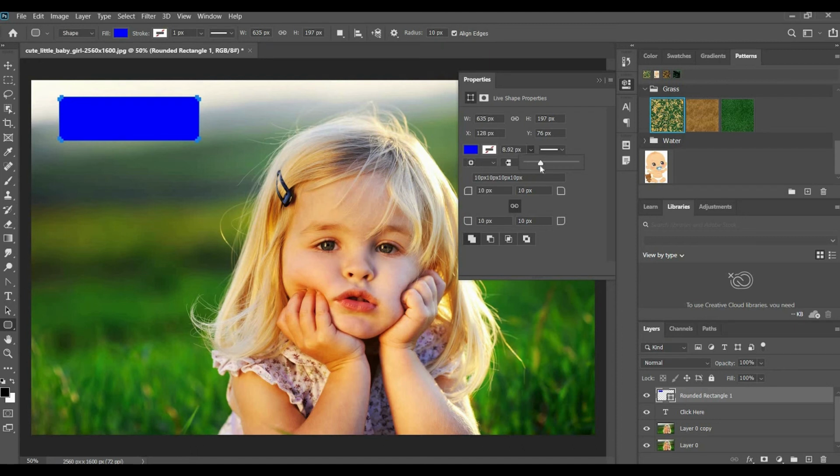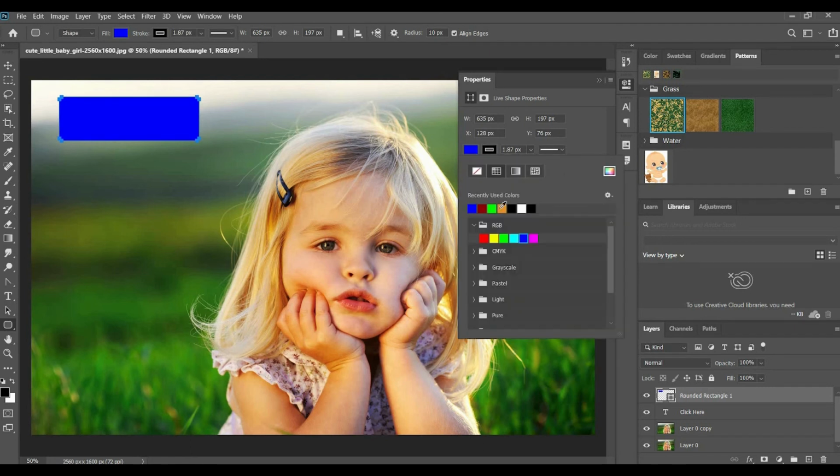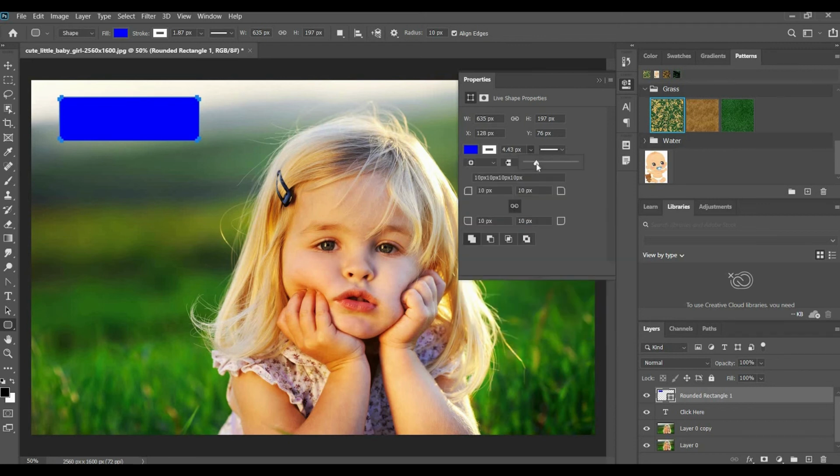I'm just increasing the stroke. So let me change the stroke color to white. Okay, let it be 4 pixel, 4.43 pixel.